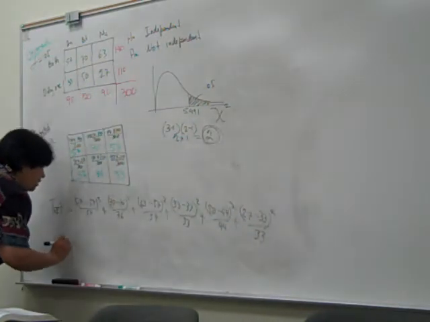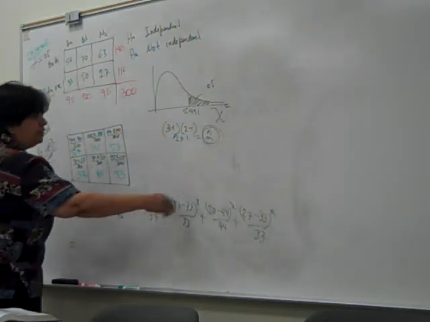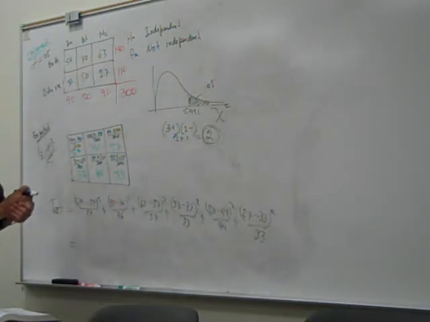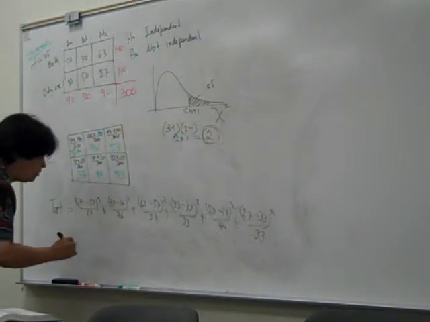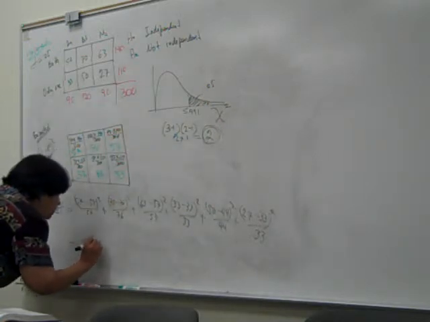This is 0, this is 0, and this is some other things, and this is equal to, at the end,